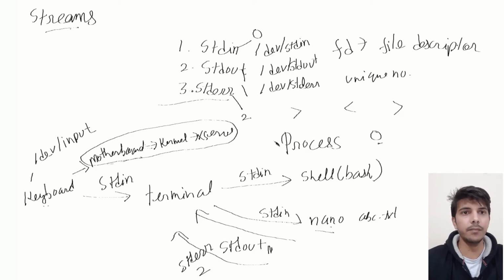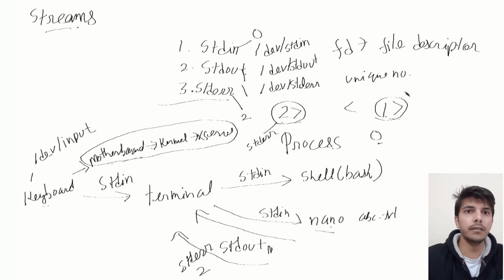But here is one problem. You see, both have the same symbol. So by default what happens is that before this we also write the file descriptor, and by default it is 1. So by default it is treated as standard output, not standard error. If you want to override the standard error, then you have to specify 2 here. So 2> means overriding for standard error, and 1> or the normal > is for standard output. You don't have to write any file descriptor here.